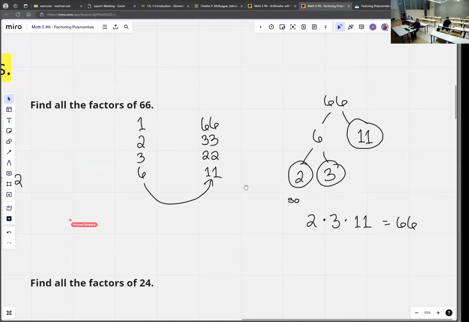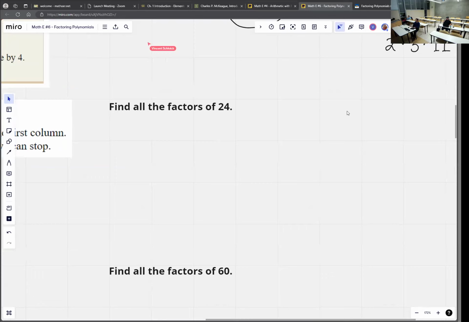Okay, tell me what to write now that you've seen this. For 24, 1 works because 1 always works. What's the next thing I write? Well, 6 times 4. We're just counting down. After 1 comes 2. So yes, 2. 2 does work with